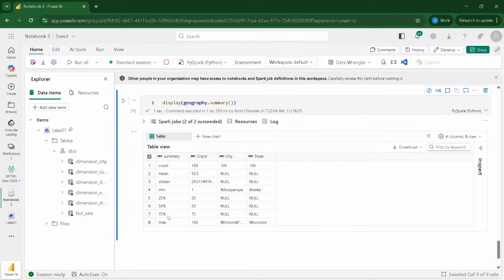So all these statistical operations, see how easy it is. You are just talking about the table itself, and for all the columns you can just say summary and it gives you the values for all of those. So in this manner, things become really easy in Spark. But there is a little learning curve if you are coming from the SQL world. So you have to go ahead and learn it a little bit.